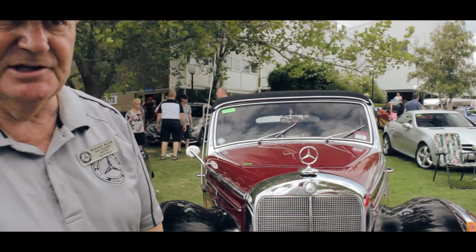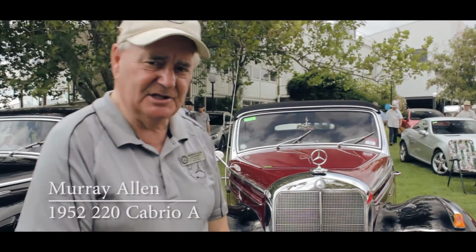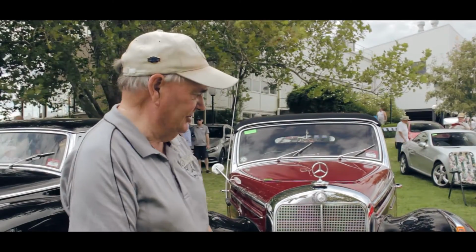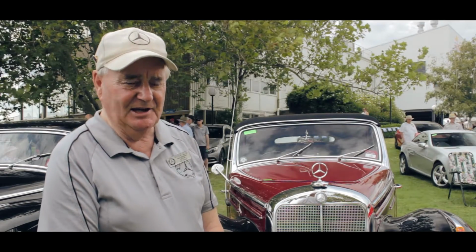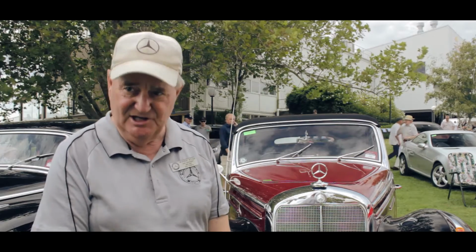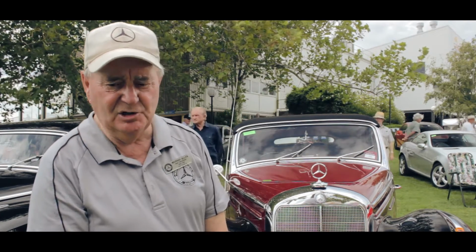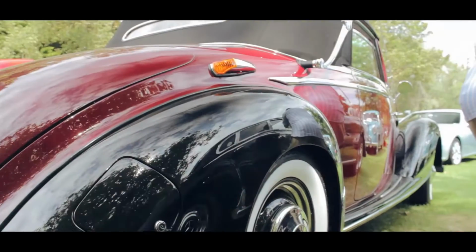This is our latest restoration. Bought all the parts, trailer load of materials and bits and pieces about 10 years ago, and started the restoration about 7 years ago. So we had to virtually build a brand new body, and then we had to paint